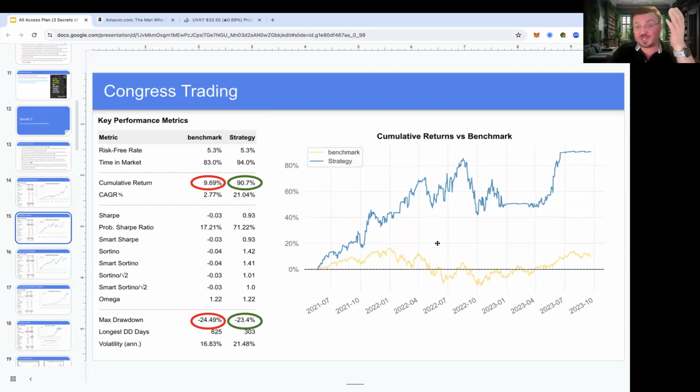It's going through a bear market. You can see here again, the stock market was down, and this thing was still heading up. It didn't matter, right? Clearly, Congress members know what to buy. They had some pretty good ideas. And what's interesting here is that it has this much higher return, but the drawdown is actually less as well, meaning it was less risky and at the same time had a much higher return. I'd say that's a pretty good thing to do, right? So that's our Congress trading bot.